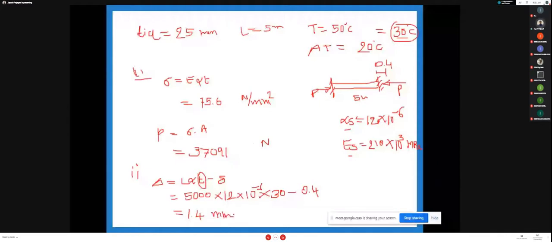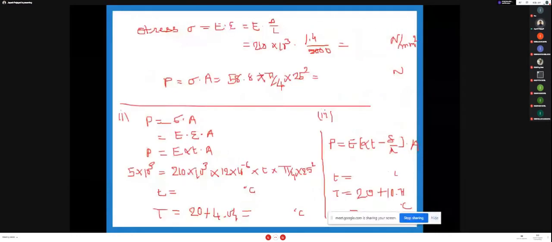Now delta is known to us. We can easily calculate strain, and from strain we can calculate stress, and from stress the force. In the next presentation you can see the stress is equal to Young's modulus into strain, and strain is